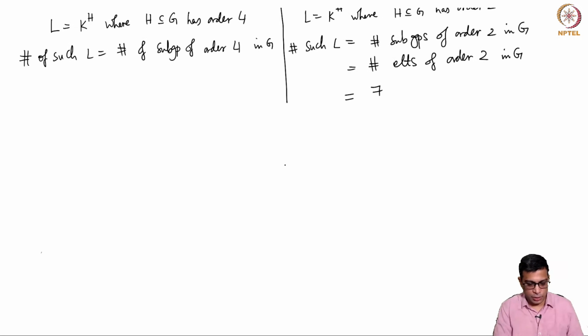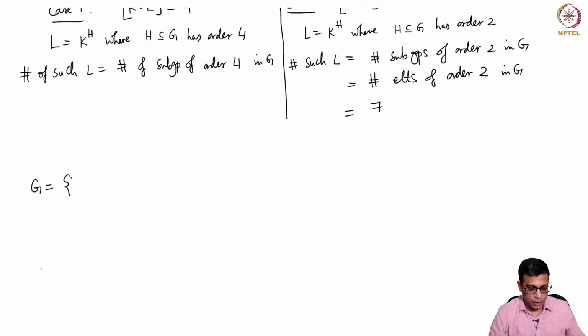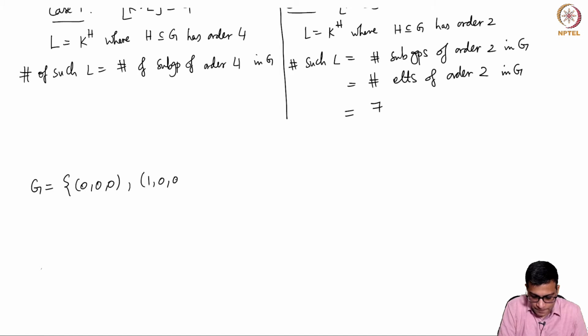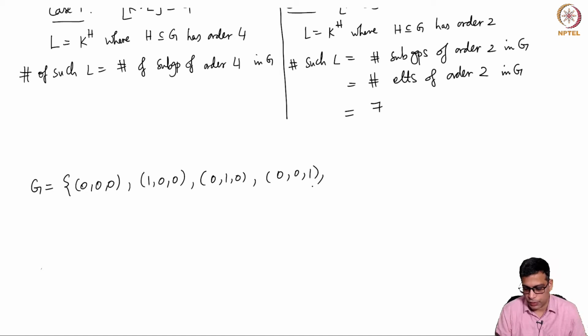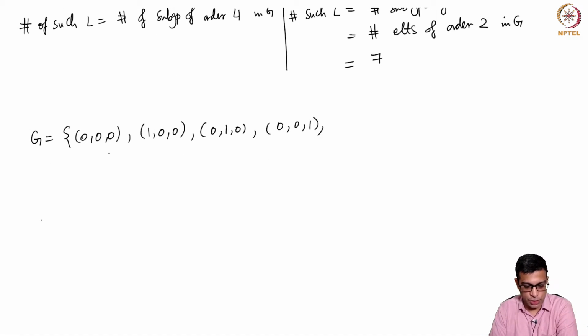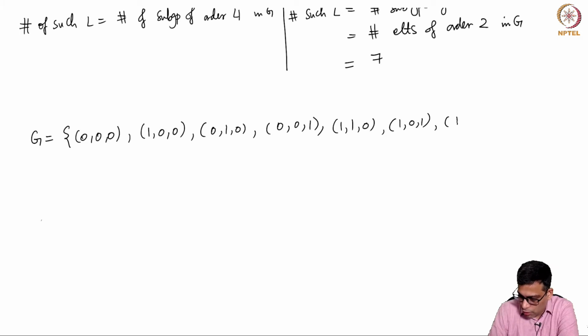So let me do some more notation. G can be thought of as Z mod 2 cross Z mod 2 cross Z mod 2. I don't want to spend too much time here, but let's start the process and I will let you work it out in detail for yourself. So let me write the elements like this: 0 0 0, 1 0 0, 0 1 0, 1 1 0, 1 0 1, 0 0 1, 0 1 1, and finally 1 1 1.